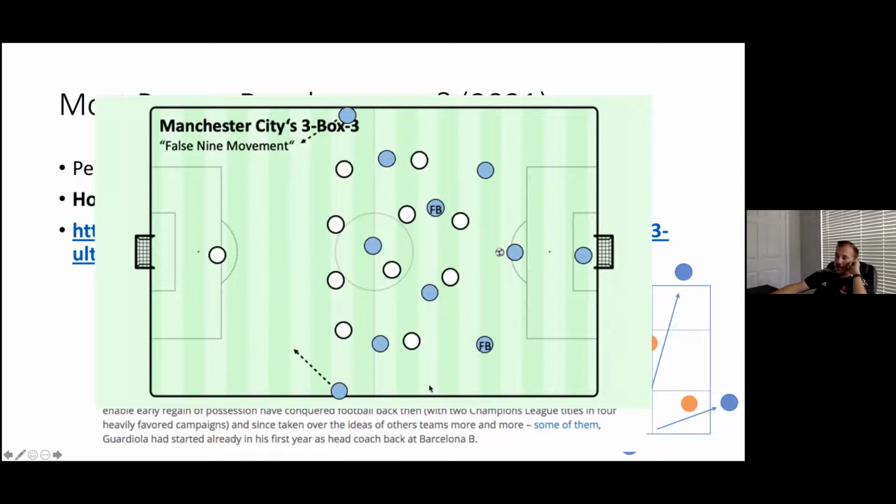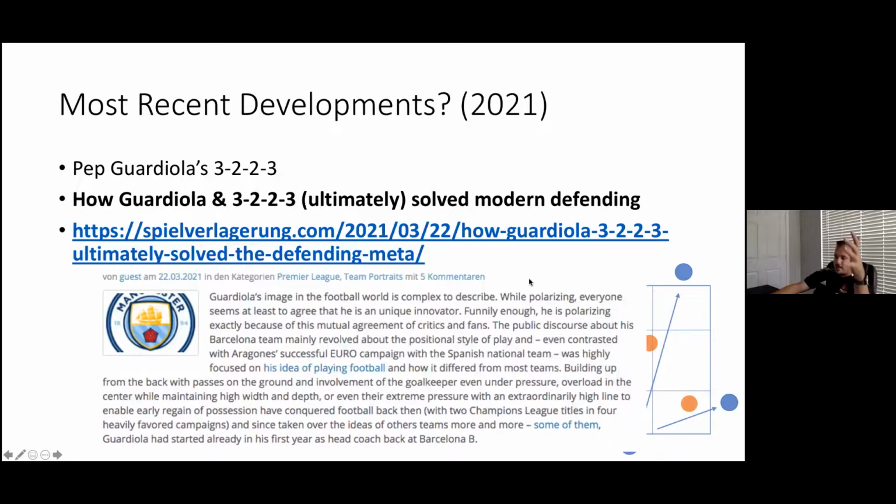If Kevin De Bruyne needed to drop out wide, get the ball on his right foot and create, they would still have 4 players in the middle. So always keeping an overload because you start with 5 players in the middle. So that was the basic development that he's made.